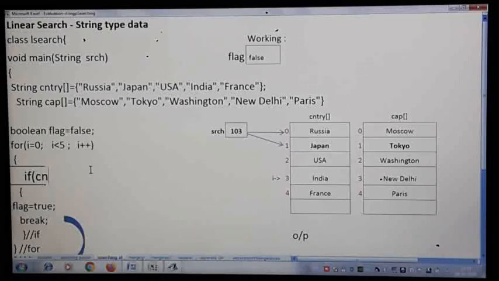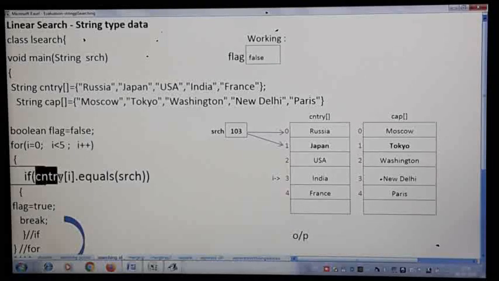What we are checking is country of i is equal to the search element. We cannot write it like this, it will give you an error message. When I come to BlueJ, I will show you how exactly it gives an error. So we cannot apply this. Observe the change here: dot, the command is equals of search, and the bracket I started is closed now, but there is one more bracket pending, the if condition bracket has to be closed. That's all the change compared to the integer search to string search.